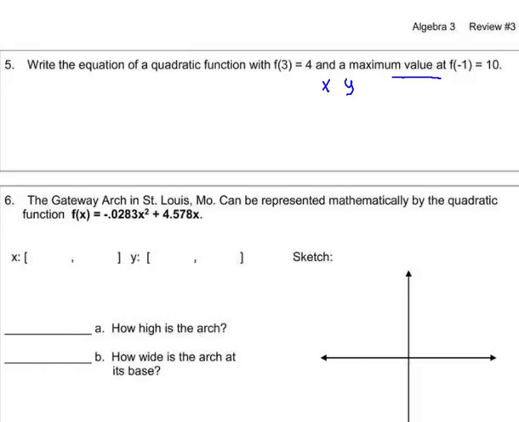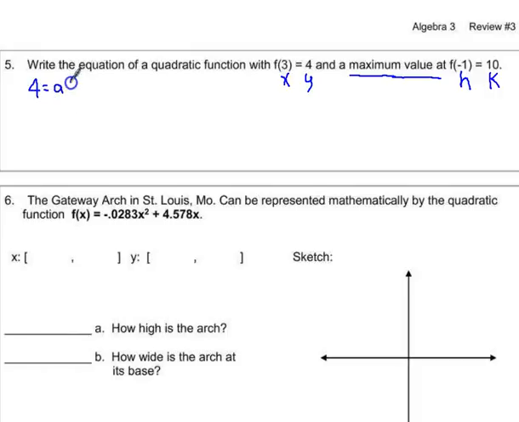All right, we moved it over, our letters shifted, so let me rewrite that. Our x value is 3, our y value is 4, and since they told us this was a maximum value, we know this is h, we know this is k. All right. Now that we have all of the information we need, we're going to use the vertex form of the quadratic equation again. We're going to plug in our y value is equal to 4, and that's equal to